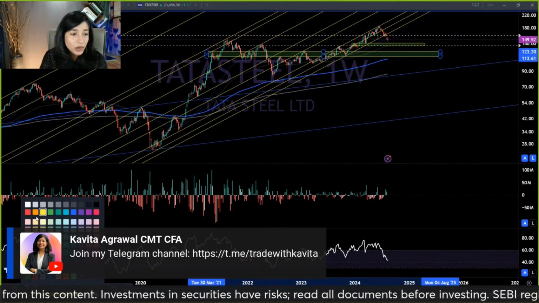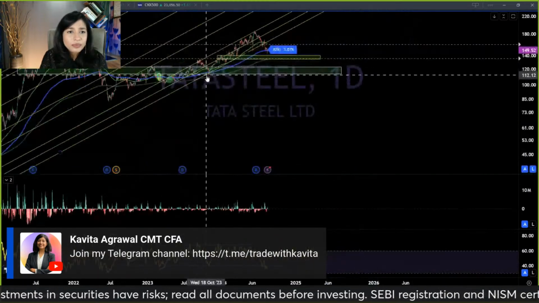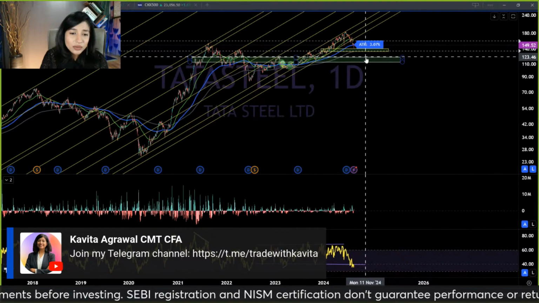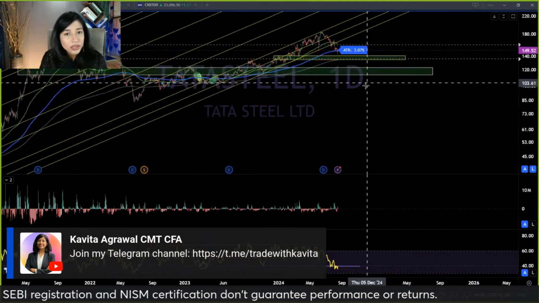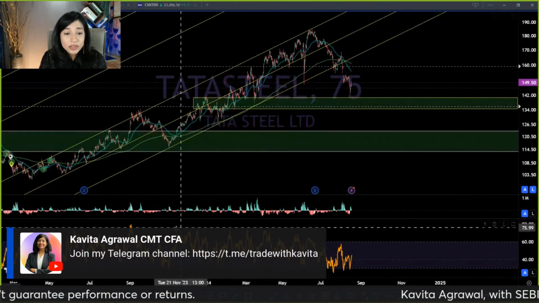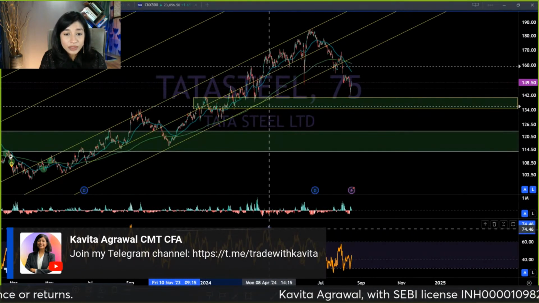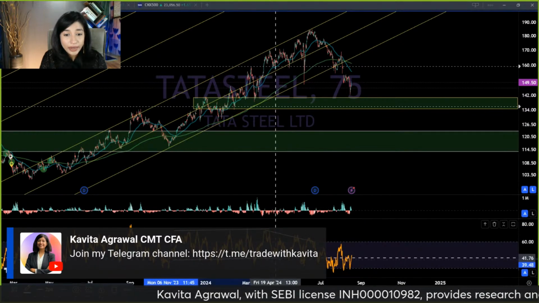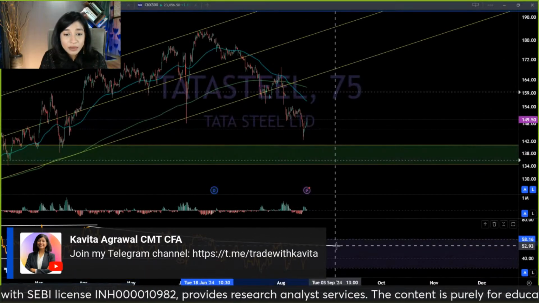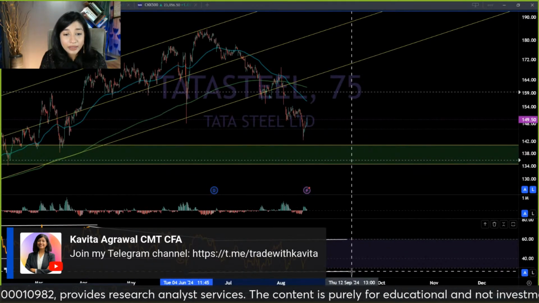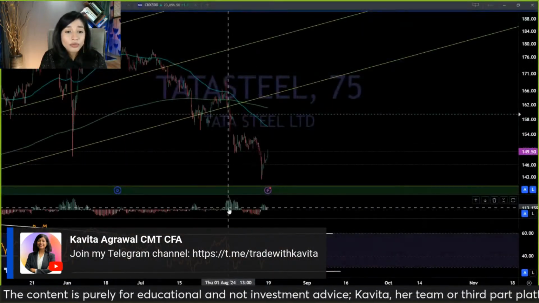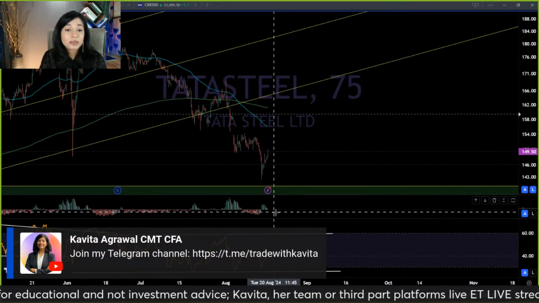So just let me put the outline of white. So I think it's very unlikely that the stock is going to come down to correct this, but I am not seeing a very clear cut buy signal right now, because on the 75-minute time frame, if you see this point onward, there was a negative divergence, right? And also on the 75-minute time frame, the bull range has been violated. The stock is currently in a bear range. What does that suggest to us? That we can expect more correction. Plus, the volume, if you see, is picking up on the downside, which makes me uncomfortable.